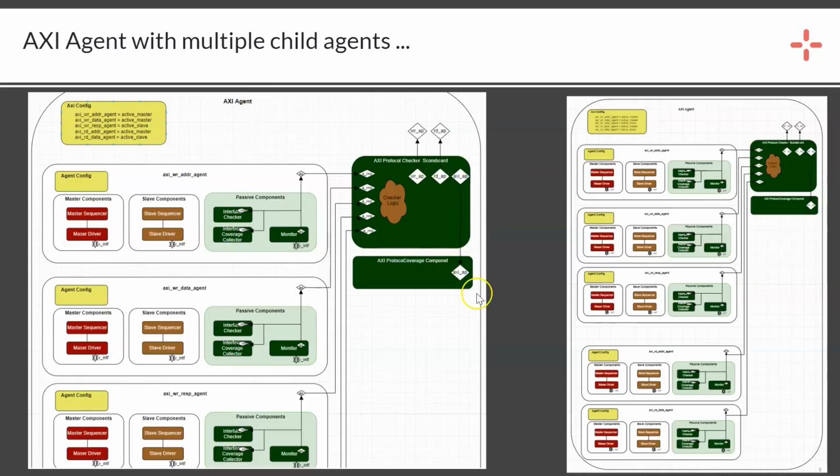Also, in the high level AXI agent, there could be an AXI protocol coverage component which can be connected to either the individual analysis ports or the abstracted analysis ports, which collect the abstracted transactions. So here is a picture of a complete AXI agent with all the 5 different sub-agents, and from the next video onwards we'll be going through writing this particular AXI agent. First you will write a single sub-agent, then you will build all the sub-agents, then finally you will write this complete AXI agent. We will also be implementing a very simple protocol checker and a simple protocol coverage component.